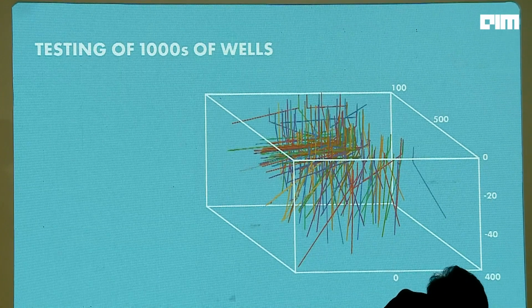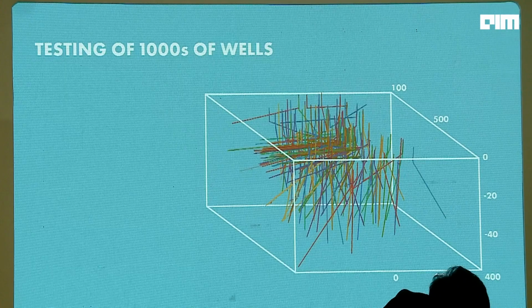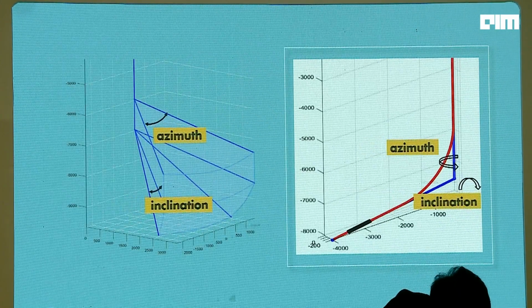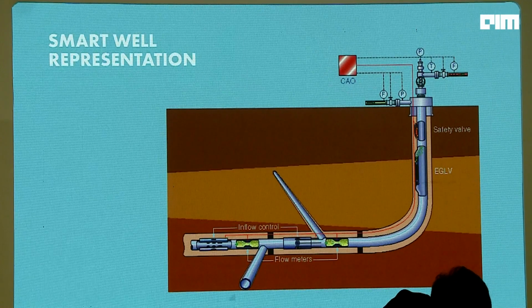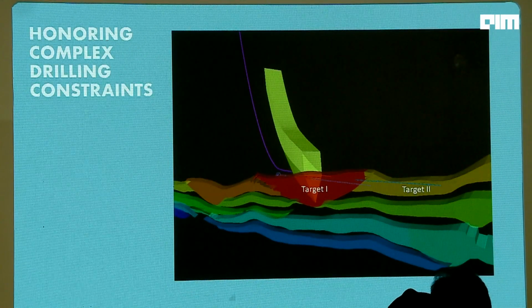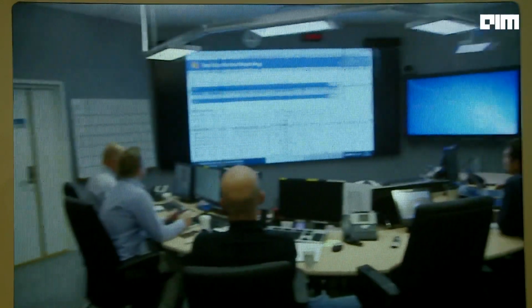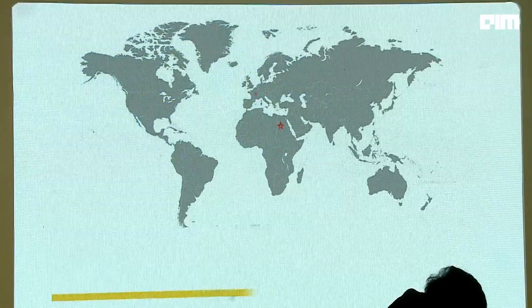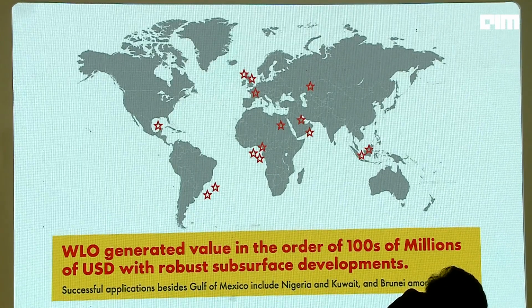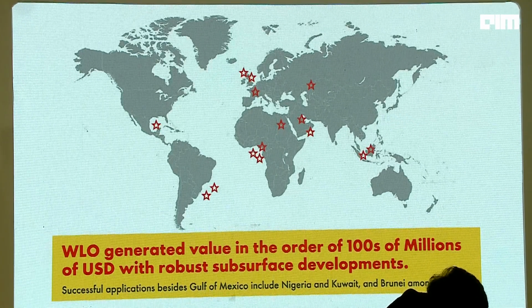WLO significantly accelerates the field development process by enabling reservoir engineers to explore thousands of well configurations in a matter of a few hours. It optimizes not only the locations, but also the entire trajectory, including smart completions. Optimal well trajectories computed by WLO strictly honor geological and topological drilling constraints and topside facility limits. WLO is a fantastic digital technology. Application of WLO in the Gulf of Mexico assets has generated significant upside. New projects and infill drilling campaigns increasingly make use of WLO technology, bringing together insights and constraints from geologists, reservoir, well, and surface engineers. Robust WLO technology is designed as an enabler tool for reservoir engineers, and it's applied in